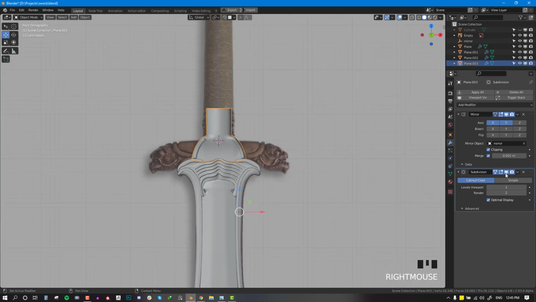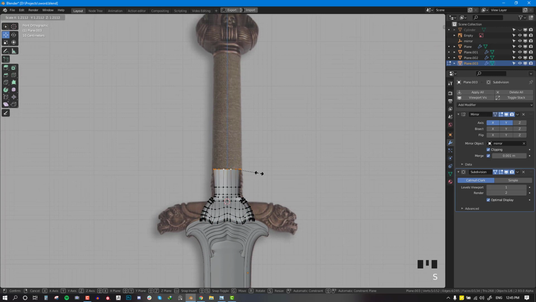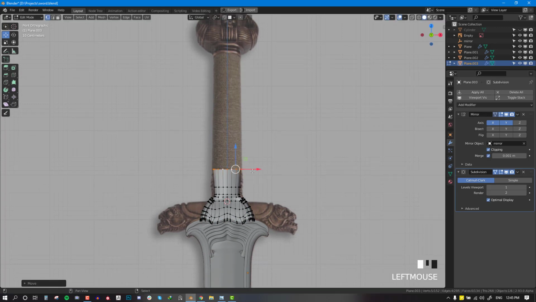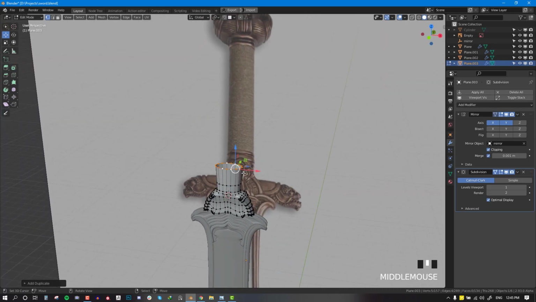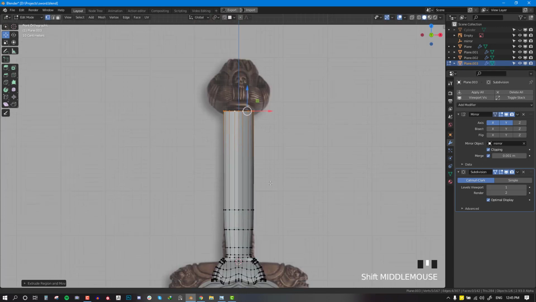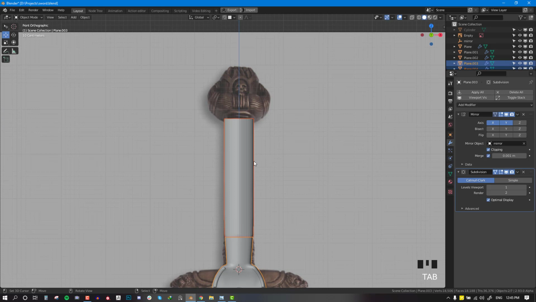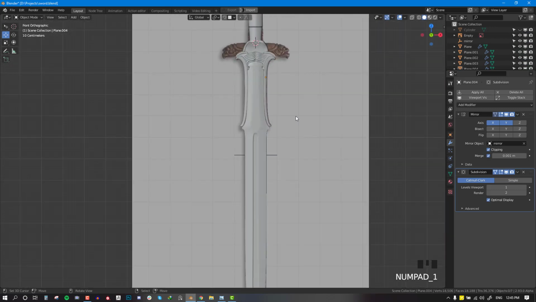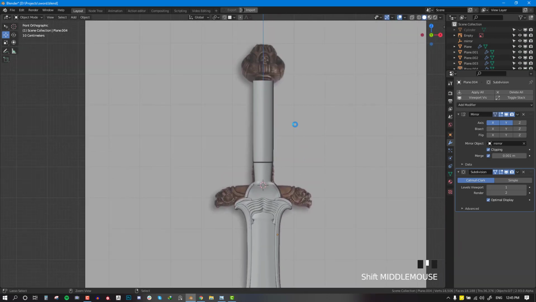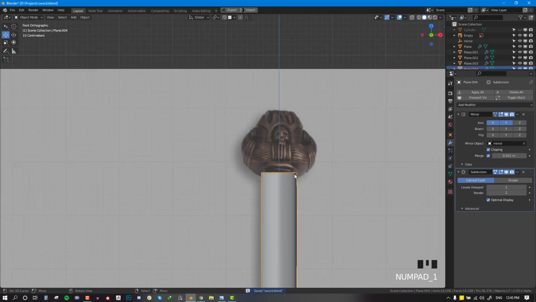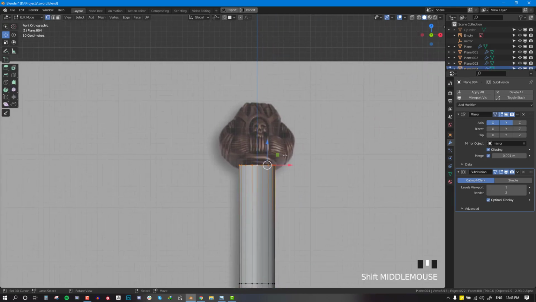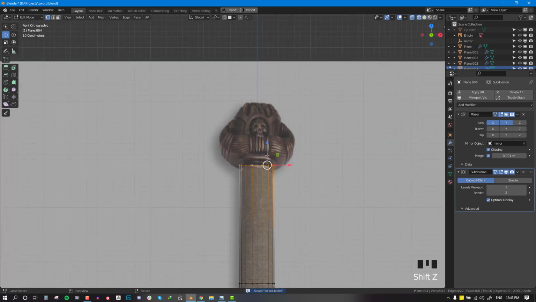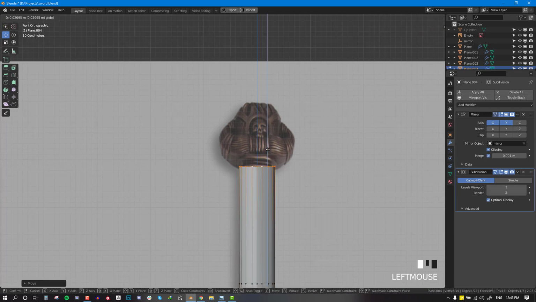Okay, so we're almost done. Now let's go ahead and work with this. So I'm going to duplicate this because this is going to be a separate asset. Extrude it outwards and scale it up. And same thing, we can actually start doing some little sculpting, which is what we're going to use to really detail this out. But before we do that, let's just